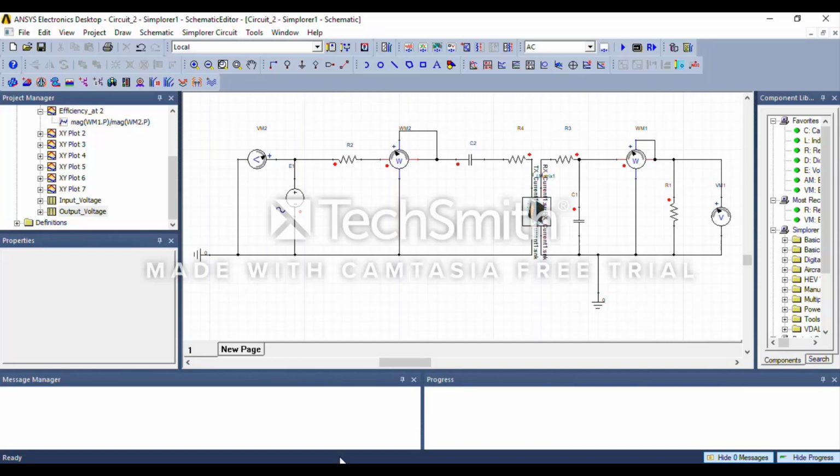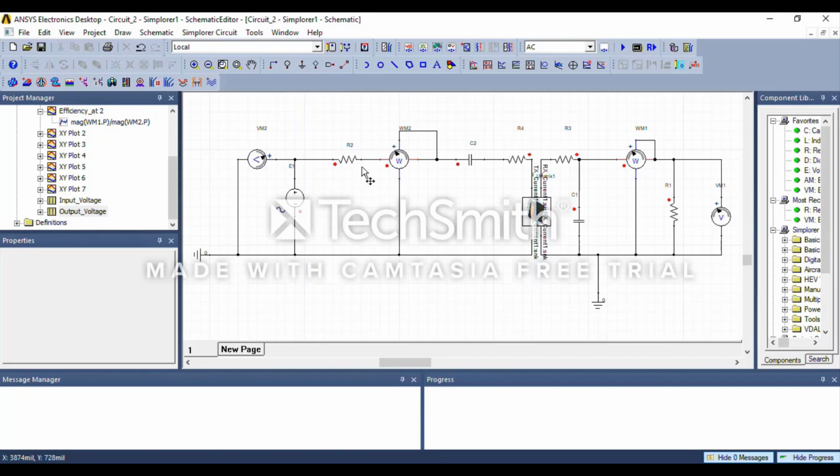So the next part is about ANSYS Simplorer simulations. Here what we have done is we have imported the coil which we have previously designed in ANSYS Maxwell, and as you can see there are 4 ports to this system. 2 are for TX coil terminals and 2 for our RX coil terminals. To the TX coil terminals we have connected an 18 volt AC supply. A series resistance is connected with this supply, which represents the internal resistance of the supply.